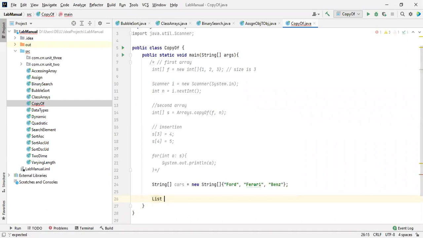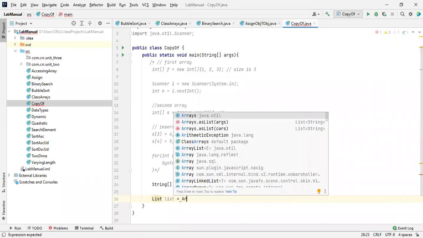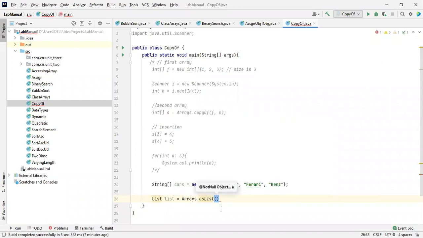List A is equal to, I will take it as a name, list, and is equal to, what are all the values over there? Cars as a list. Cars as a list in the sense we are going to use the class name Arrays dot asList. So inside asList, we need these cars. We are going to pass all those values over there. Let me take cars.